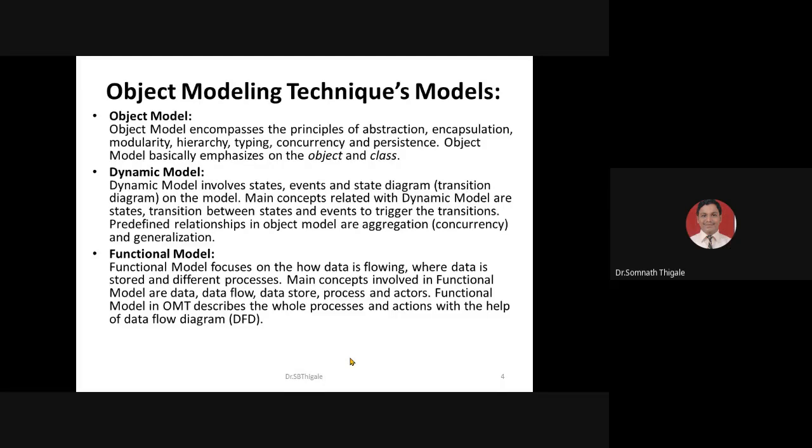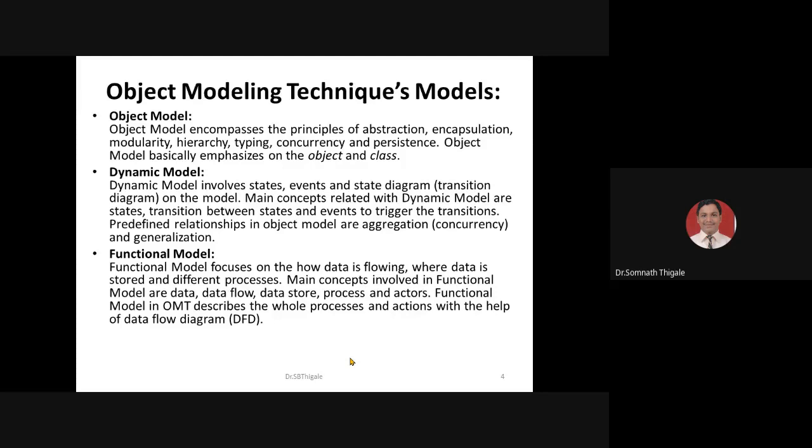Once we are able to find an object, we can apply the characteristics of an object. Those characteristics are state, behavior, identity, roles, and responsibilities. And once we define the characteristics of an object, we can combine similar objects with similar attributes together. We will call them a class. With respect to the class, again we have the four principles of object oriented programming: abstraction, encapsulation, modularity, and hierarchy. Based on that we will organize each and everything. That concept we simply call the object model.